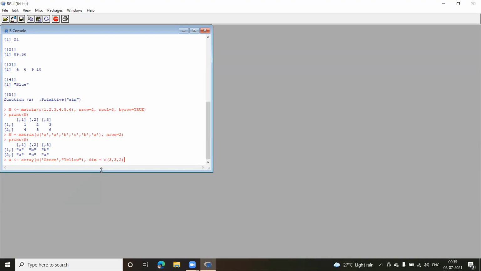So this completes my dimension, which will be of 3, 3, 2. And what does that mean? I'll have 2 3x3 arrays. I hope I have made this clear. Any doubt here? It sounds very confusing, but it is very simple. Whenever I say there is a 3-dimension array, that means the first 2 parameters are 3x3. That means I have 3 rows, 3 columns. And I have 2 such arrays.